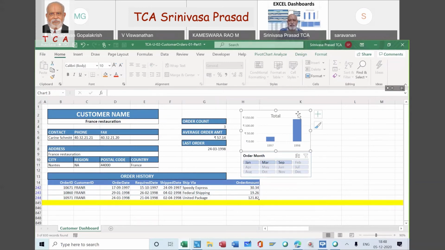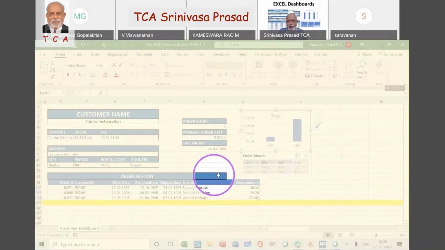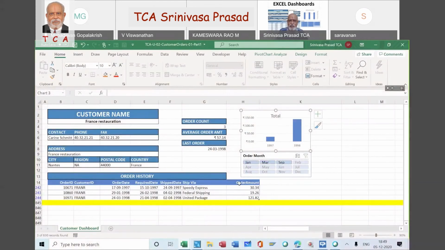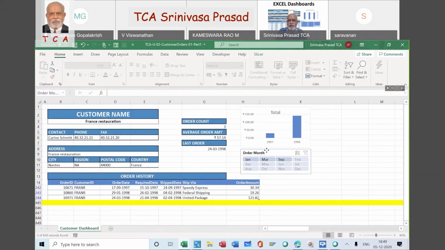Now you just see, it still doesn't look very good. Look at this particular area, it doesn't look nice. It is blue up to this, beyond this there is no blue, because order amount is blue, order history is totally blue, so it doesn't look nice. So what we can do now is take the graph and slightly move it up because we have got space here, and then come to the month, and this also we will slightly move up.